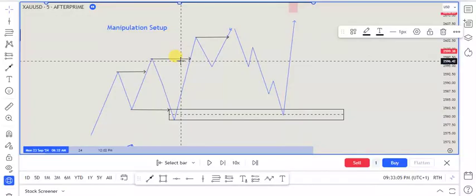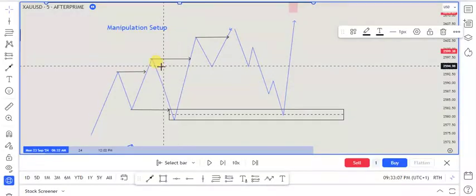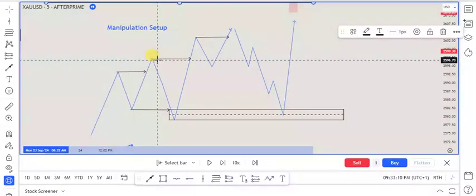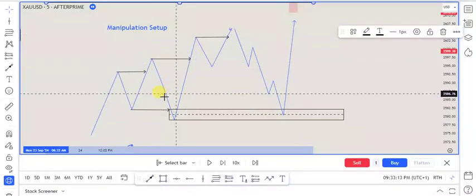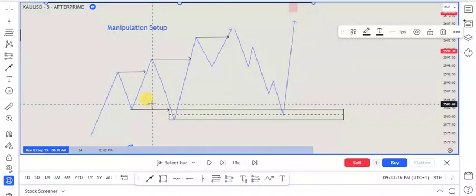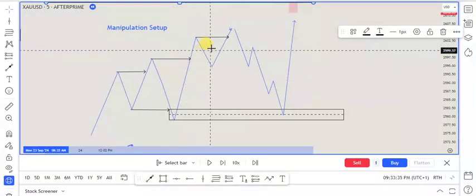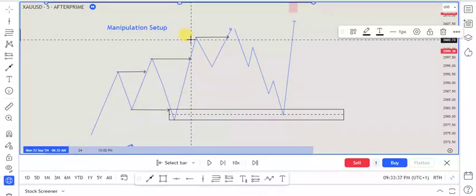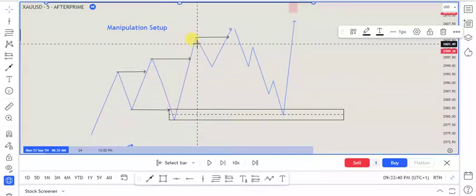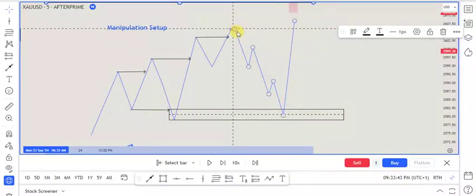What just happened? You might want to know. This whole thing here, this one that the market takes out and still continues, this thing is the manipulation. And whenever you see manipulation like this framed, this should be your trade idea. Your trade idea should start forming right now. But then this setup is incomplete without another break of structure. So please be careful. If you see a single manipulation, wait for another break of structure or multiple breaks of structure